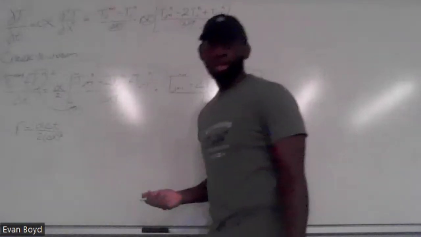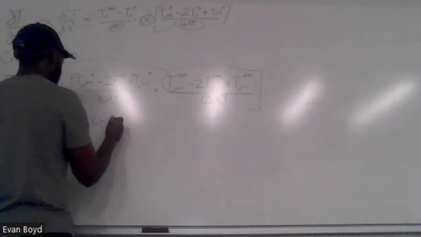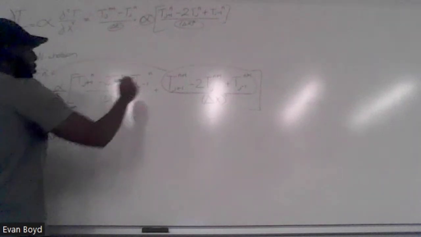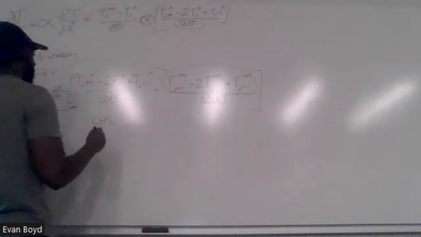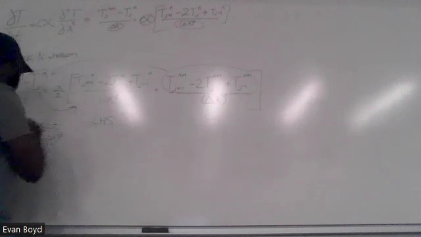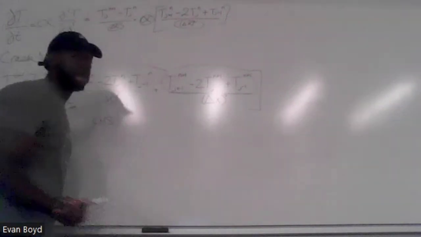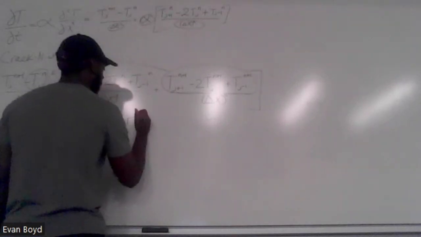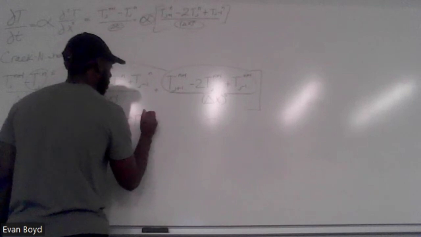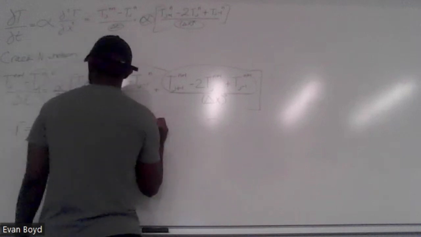So now let's simplify our equation, okay? Let's start with the left-hand side. We start with this temperature at time n+1 at J+1, okay? Remember, every single term here is multiplied by R, so we're just subtracting R times the temperature at n+1 at J+1. So we're going to start with negative R at temperature n+1 at J+1, plus,